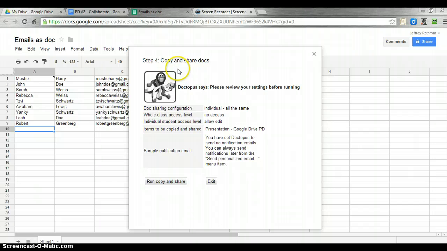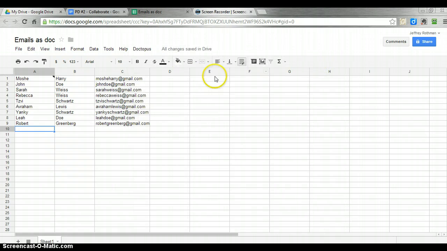And then copy. This is the last step: run, copy, and share. I'm not going to bother to do that because these are fake email addresses, but that would really be it. If I run, copy, and share, that would be sent to everyone. And again, if I wanted to do this with groups, I could go group 1